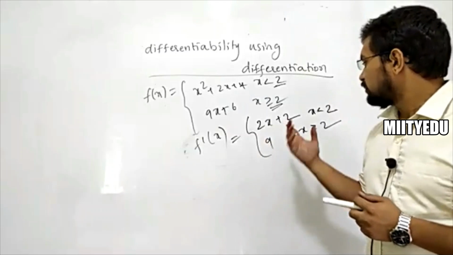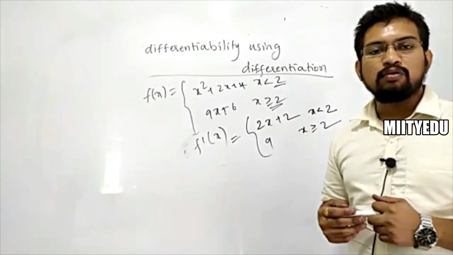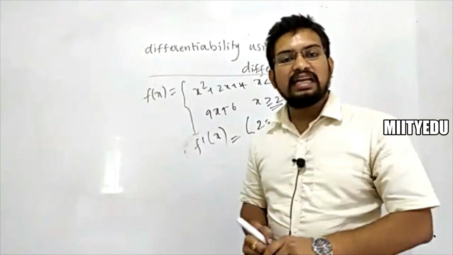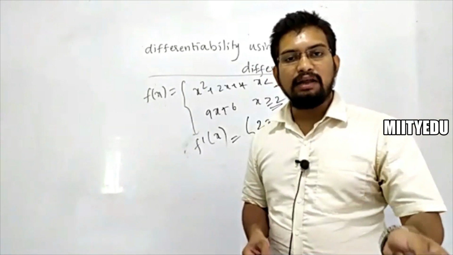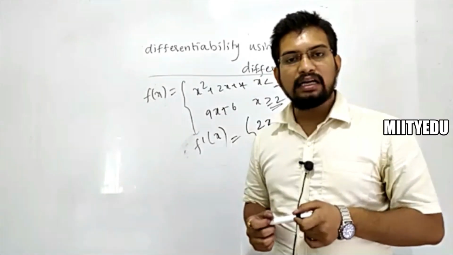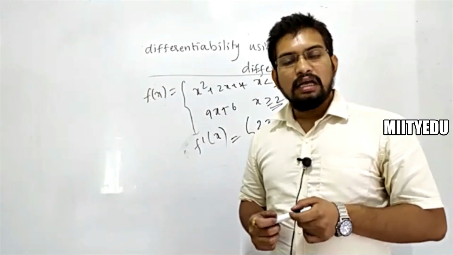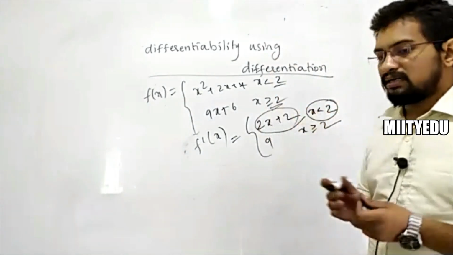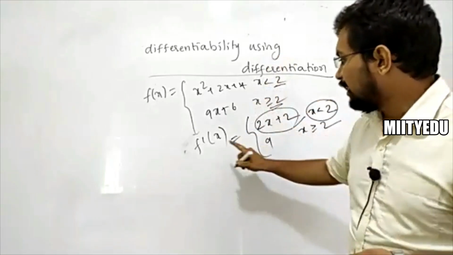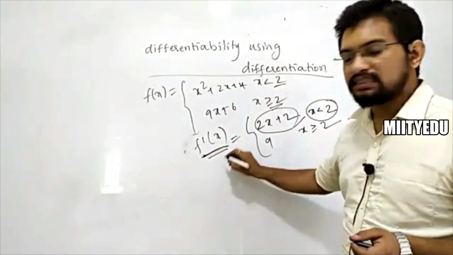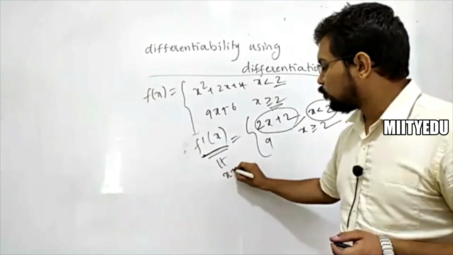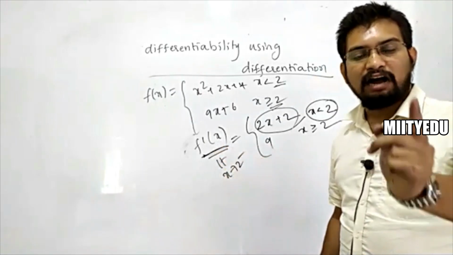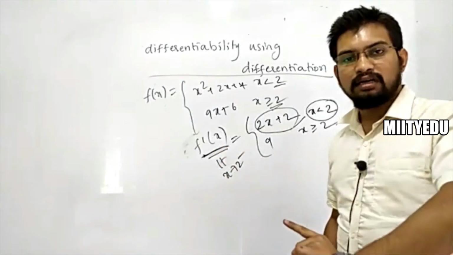2x plus 2, x is less than 2; 9, x is greater than or equal to 2. Now in this step, after finding the differentiated function, at x is equal to 2, if I find the limit of this part, something like limit x tends to 2 minus in this f dash x, after f of x, if that is continuous, proceed forward, find f dash x.